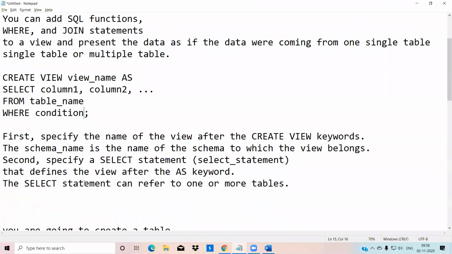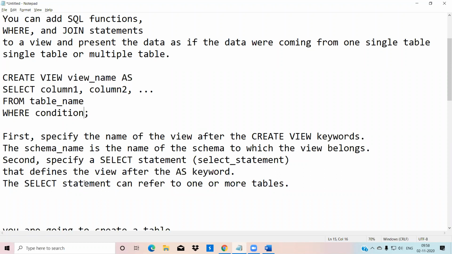Okay. Firstly, it specifies the name of the view after the create view keyword. You should give a name for that. After that, select column 1. After that, the schema name is the name of the schema to which a view belongs. Here we have given a view name, right?